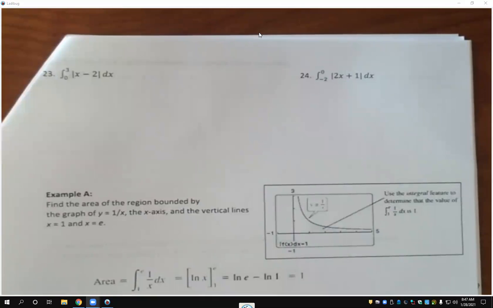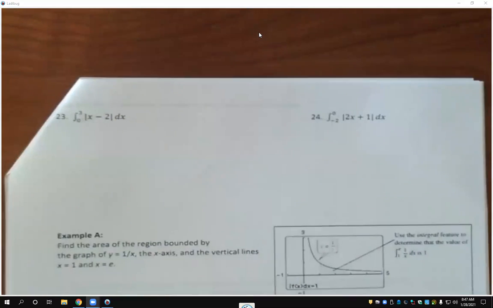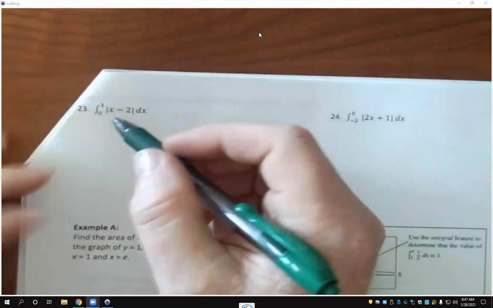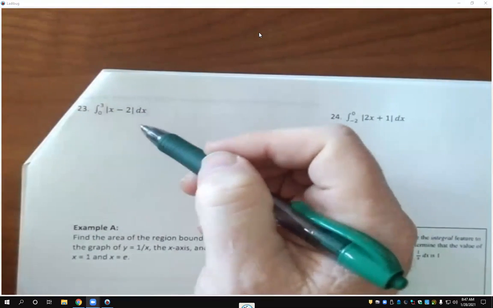I give you a hint. It's either yes or no. Negative. We do not. Okay, we do not know the antiderivative of absolute value. It's not memorized. So when we don't know the antiderivative, we're either going to use a calculator, which